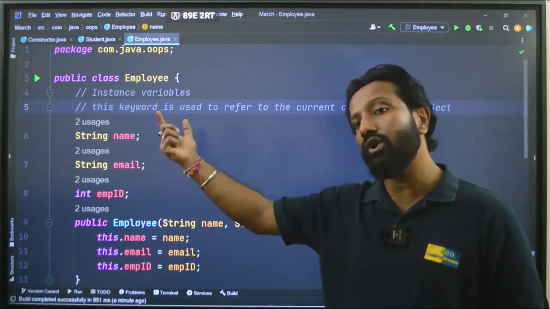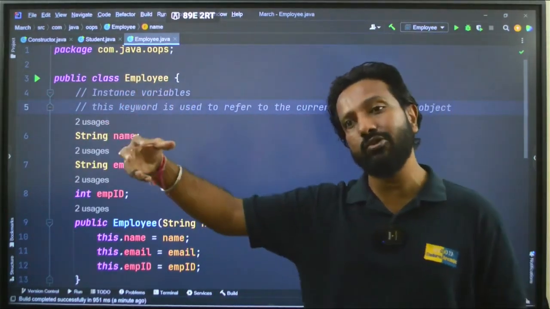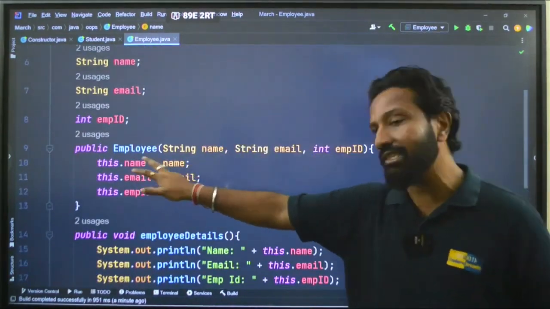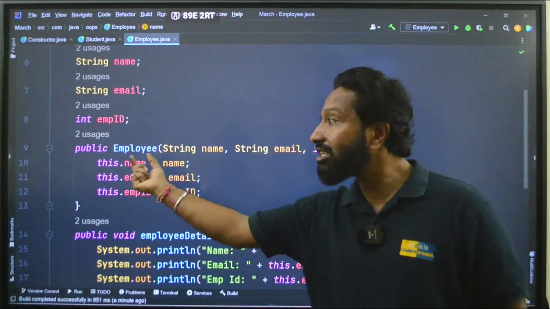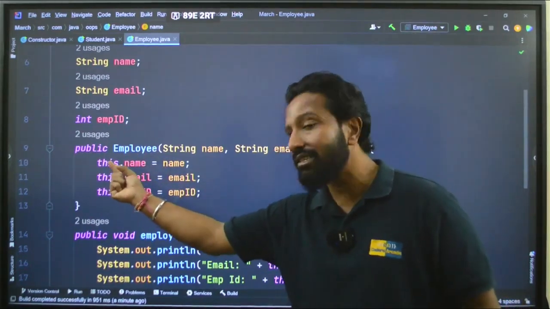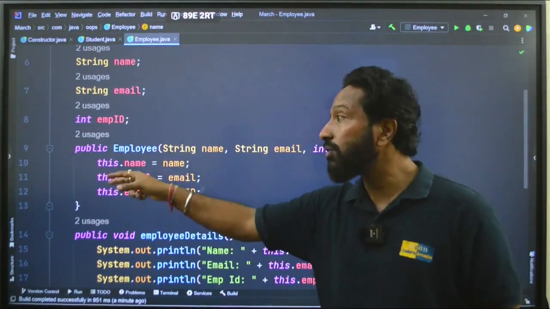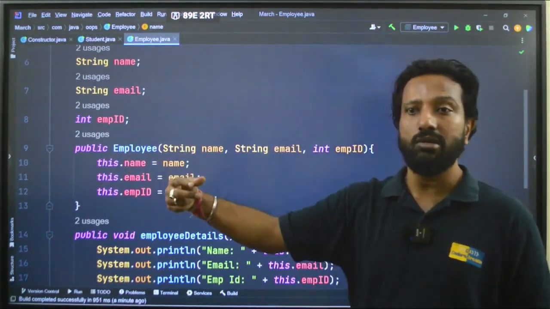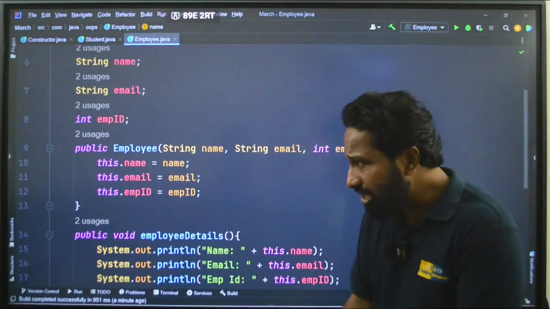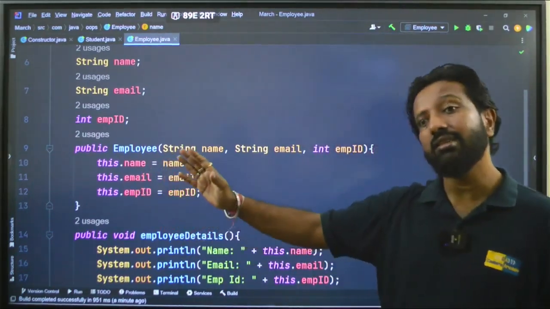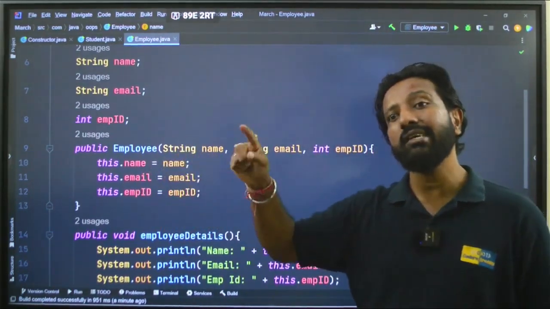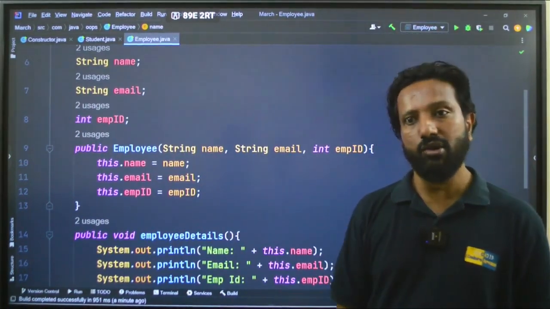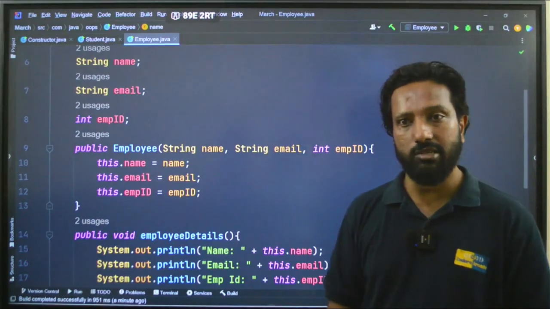If E2 is calling, the this will be replaced by E2, and so on. That is the very important use of the this keyword here. I hope you understood this. The same concept is there in Python where we write self, the self argument or the self parameter. Got it? So that is how it works. Understood?